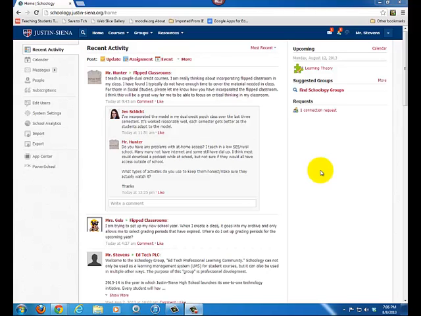This is a brief tutorial on how to use the Schoology Learning Management System. If you notice, starting at the very top, we're at Justin-Siena. There's a search button, home, courses, groups, and resources. Those are by far the most important tabs you need to remember. No matter where you are in Schoology, you can get from one part to the other by clicking on one